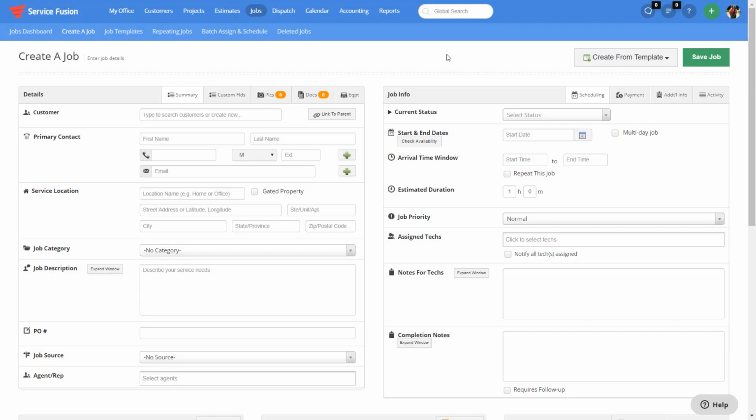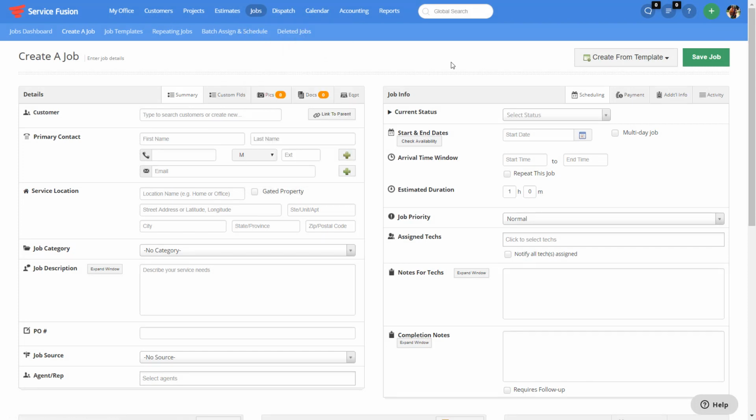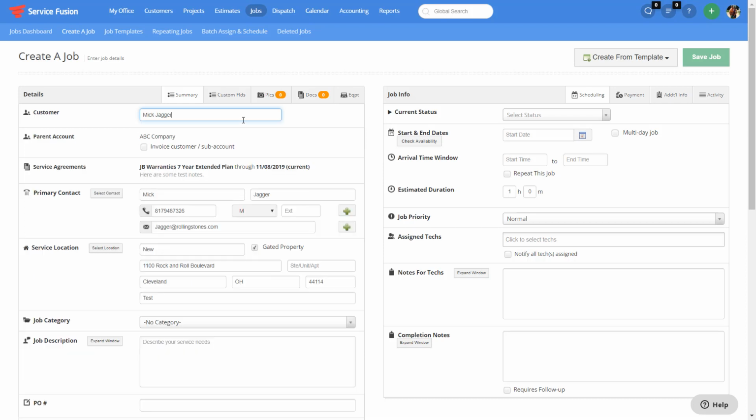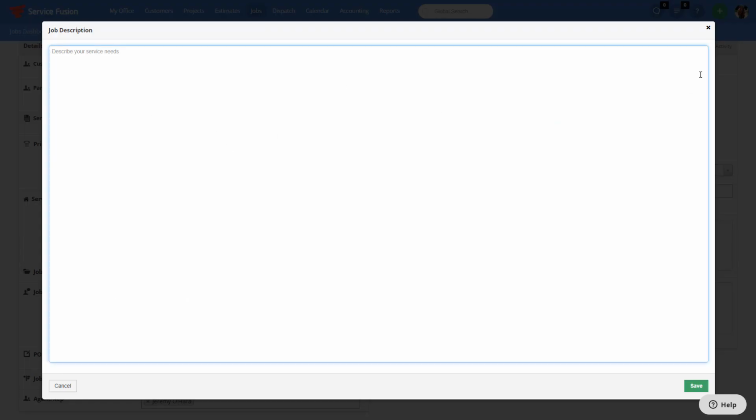Creating and scheduling a job in Service Fusion is a breeze. You can start right from your job section and click New Job. You can start from your dispatch screen, or as we saw previously, you can even start from a phone call with ServiceCall.ai. To access existing customers, you can simply search your existing database for customers by name, address, phone number, or email address. Once you select your customer, you'll be able to easily identify any parent accounts or service agreements that they have. You have as much room as you need to type a detailed description for this work order,